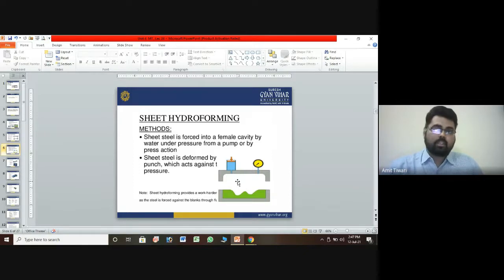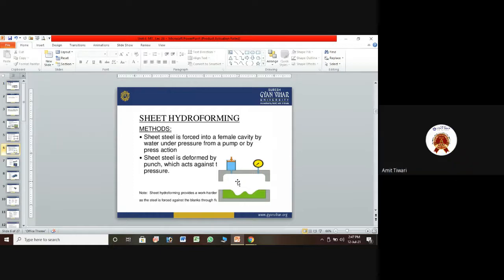to design such material by sheet hydroforming or tube hydroforming. Because we know that tube hydroforming is a very common technique, because for the application of fluid we have to save the material first of all. We have to save the material. We can say we have to save the earth from pollution.